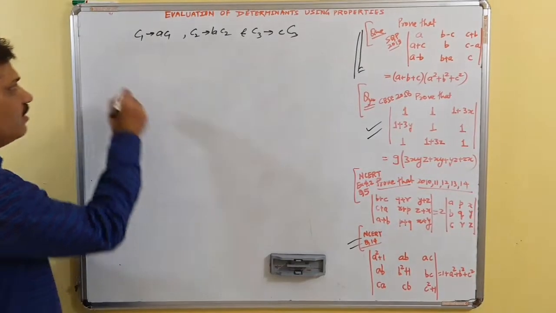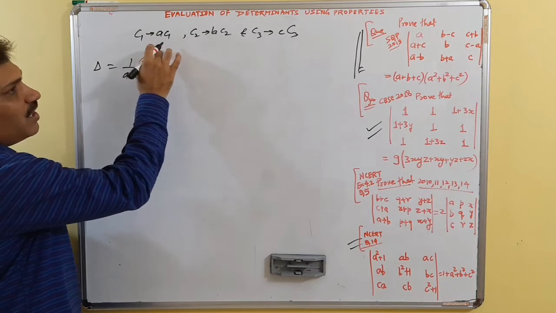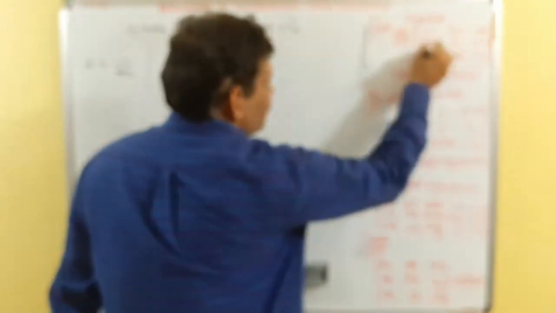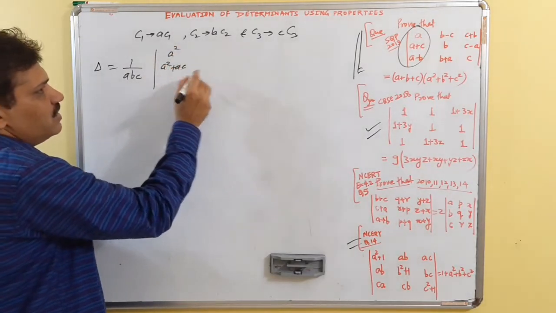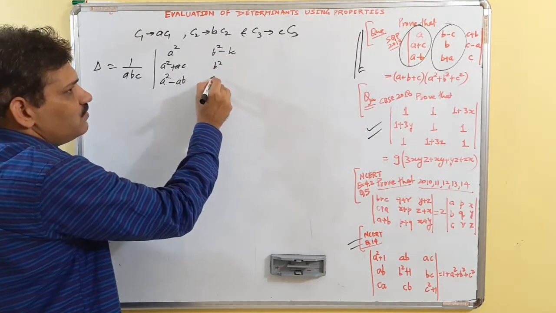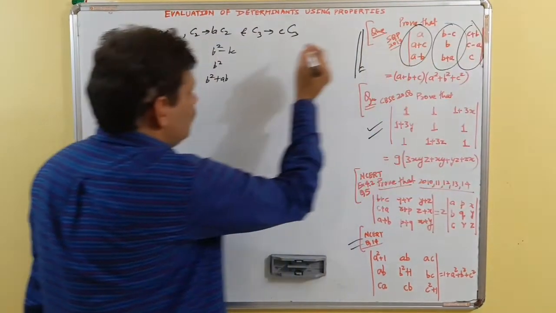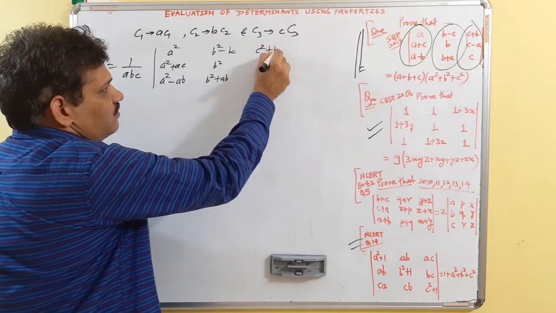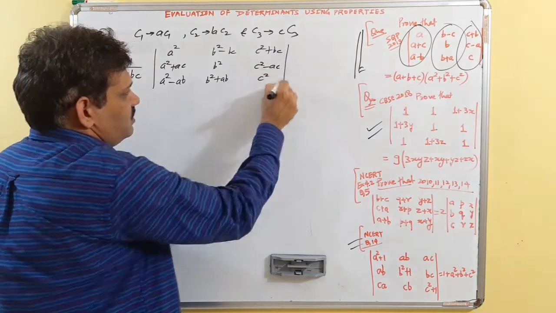So we have to divide at the same time. We divide by A, B, C. A will be multiplied by the first column. So if I multiply it by A, this gives me A square plus AC, and this is A square minus AB. When I multiply it by B, what I get is B square minus BC, B square plus AB. Now if I multiply it by C, what I get is C square plus BC, C square minus AC, and multiplying by C we get C square.